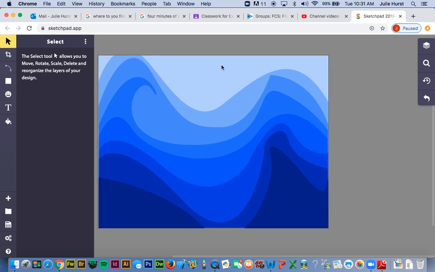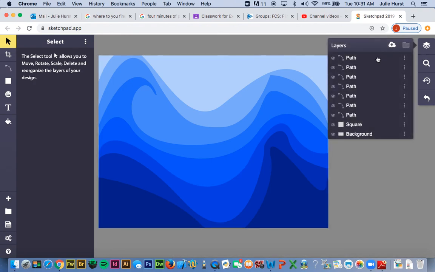But you can see I have my different layers. I have 1, 2, 3, 4, 5, 6, 7 different layers of my color. And as you can see, each color adds a little bit more to it. It gives it a little bit more depth. So it looks like the background's far away and the dark